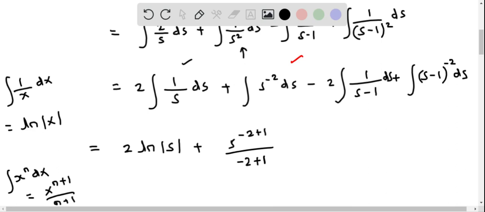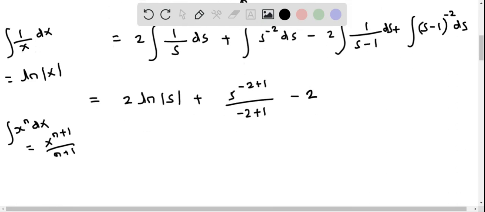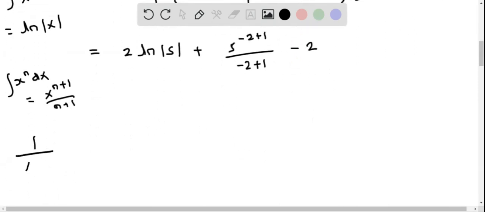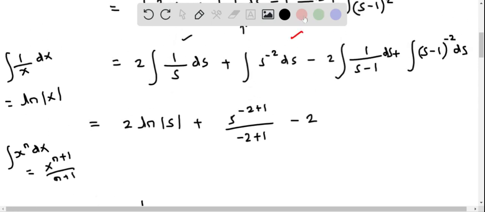So we have integrated the second term, and for the third term we can use this formula, that is if we have 1 over x minus 1 and we have to integrate this according to this formula, this will be the natural logarithm of the absolute value of x minus 1. So I applied this formula here. So therefore this becomes 2 times the natural logarithm of the absolute value of s minus 1. In fact, I don't need to put this bracket. So it is simply 2 times the natural logarithm of s minus 1 plus